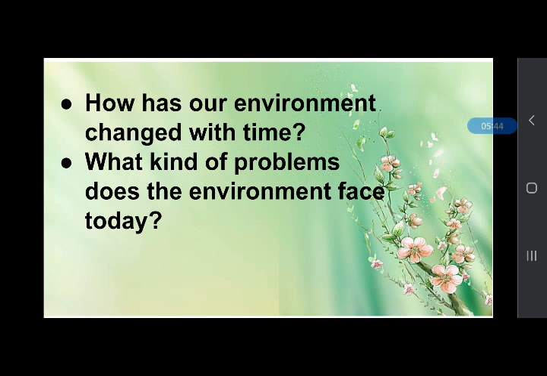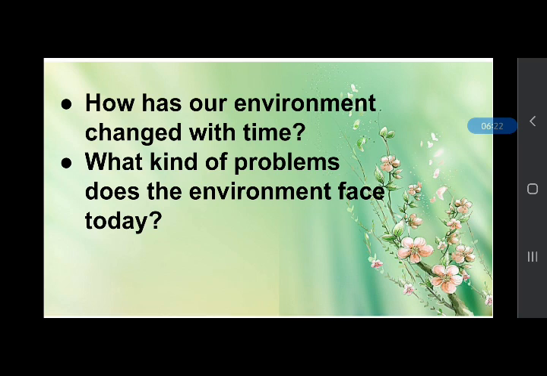Next questions. How has our environment changed with time? What kind of problems does the environment face today? And what is environment? Environment is the condition of our surroundings in which we live and work, and natural surrounding also, like land, water and air, in which human beings and all living beings live.